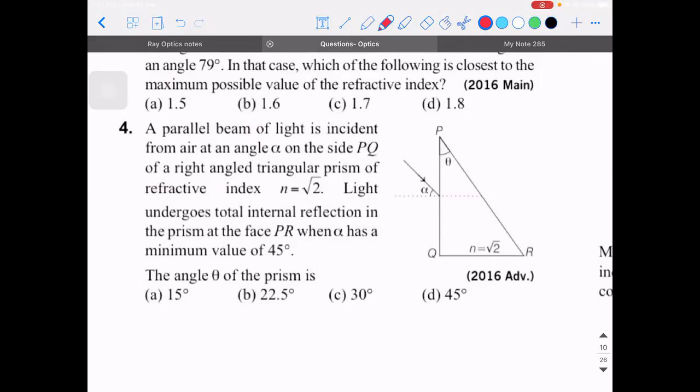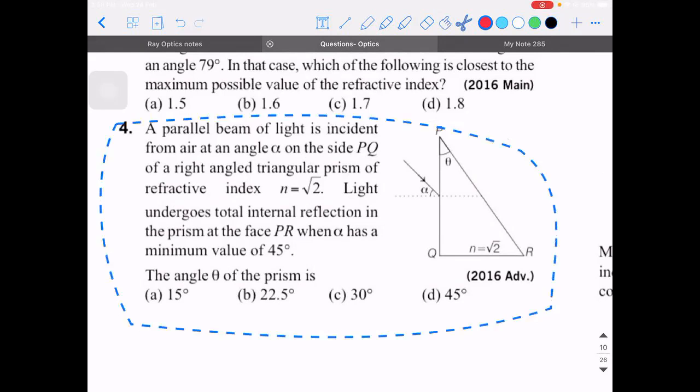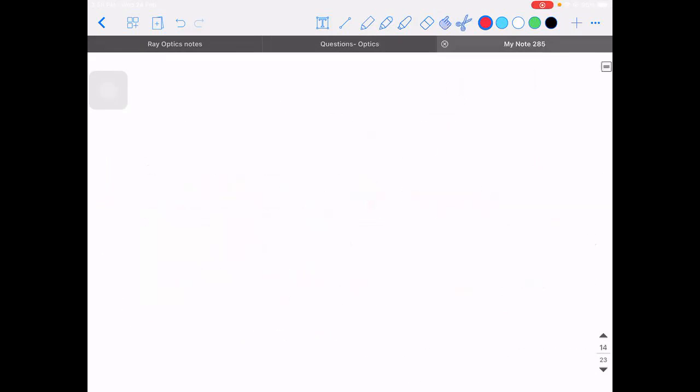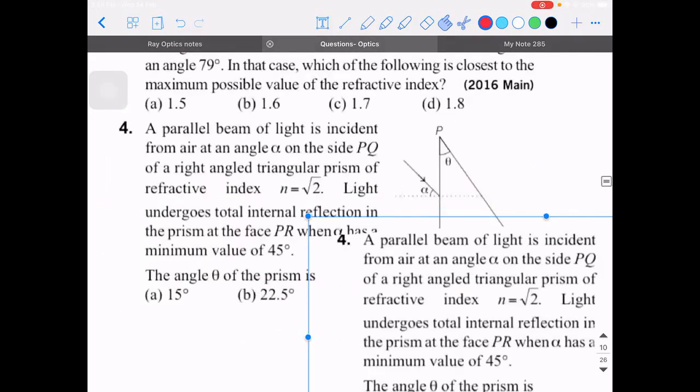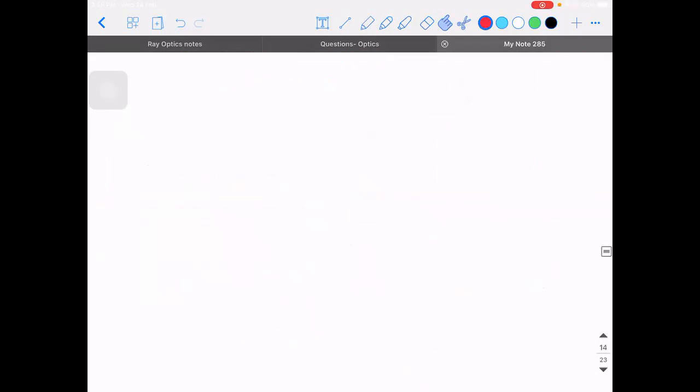2016 Advanced. You want to try? I think it is easy only. You guys can actually try this. Prism problems are not that tough. We'll do one last. This is the last chapter, then we'll go to the next concept, because the microscope will take a little bit of time.